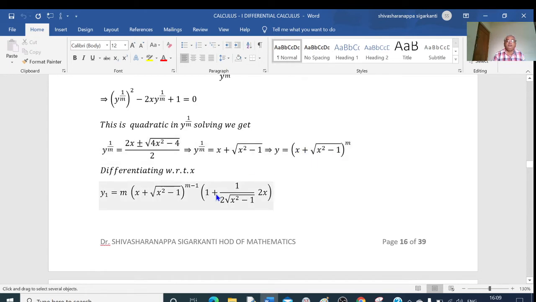The derivative of x is 1, plus the derivative of the root is 1 by 2 root of x square minus 1, into the derivative of x square minus 1, which is 2x. This 2 gets cancelled, and in this bracket if I take the LCM, root of x square minus 1, I am getting root of x square minus 1 plus x. So that is y1 is equal to